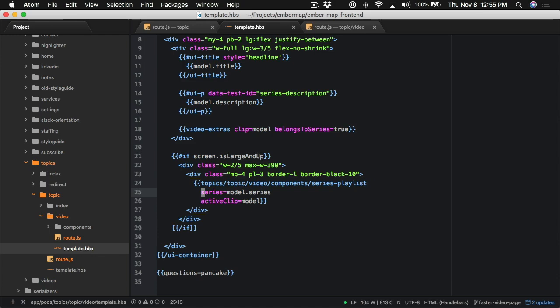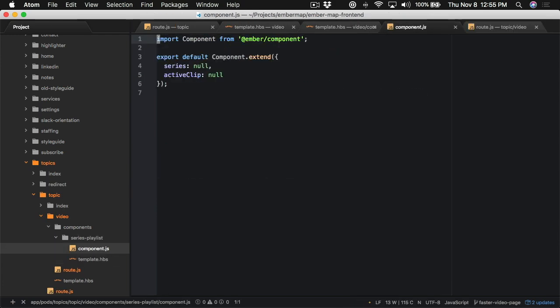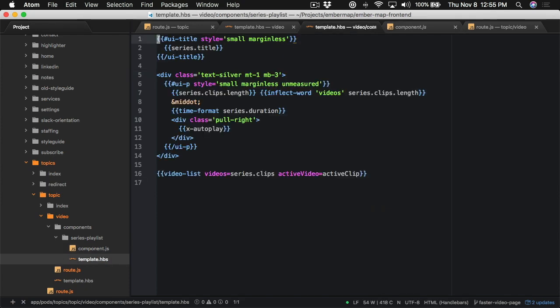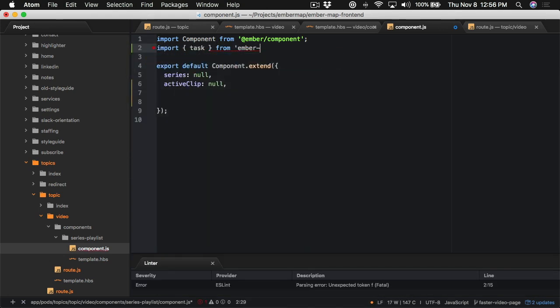So let's go ahead and open up the series playlist component. So we see here it takes a series and an active clip, and that's how it knows which to highlight. And then in the template, we render some information from the series here and here, and then we render a video list which passes in series.clips. The only problem is series.clips hasn't been loaded yet. And so what we want to do is make this a data loading component. So I'm going to import task from Ember Concurrency,